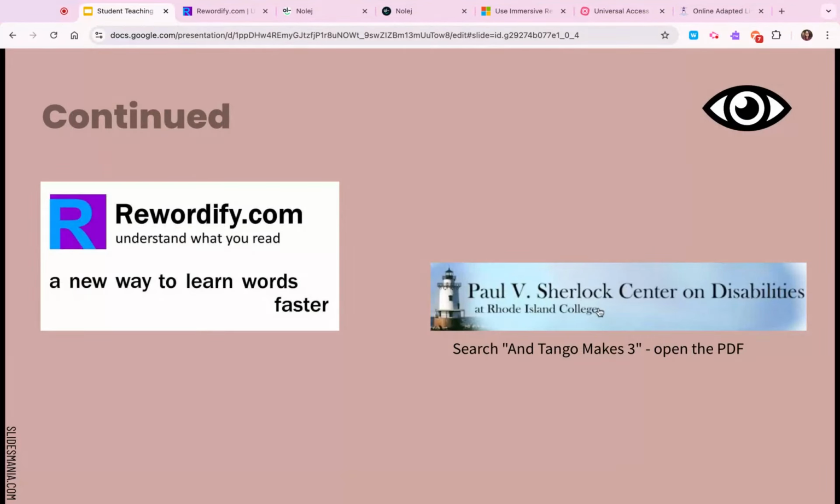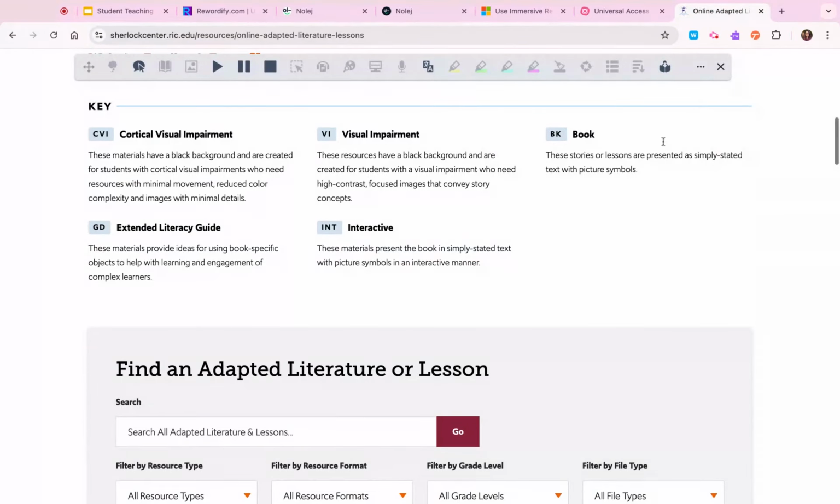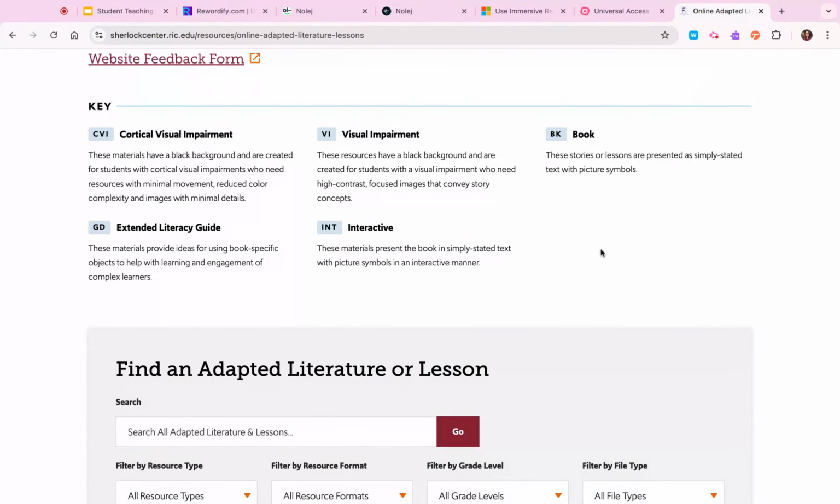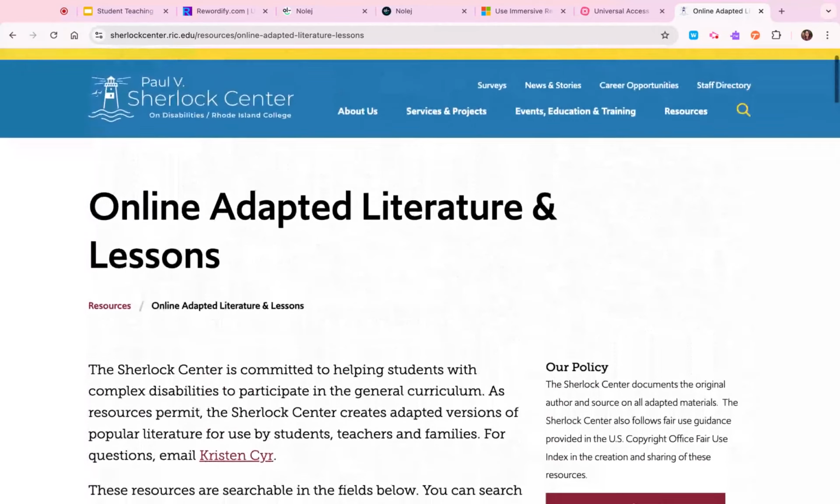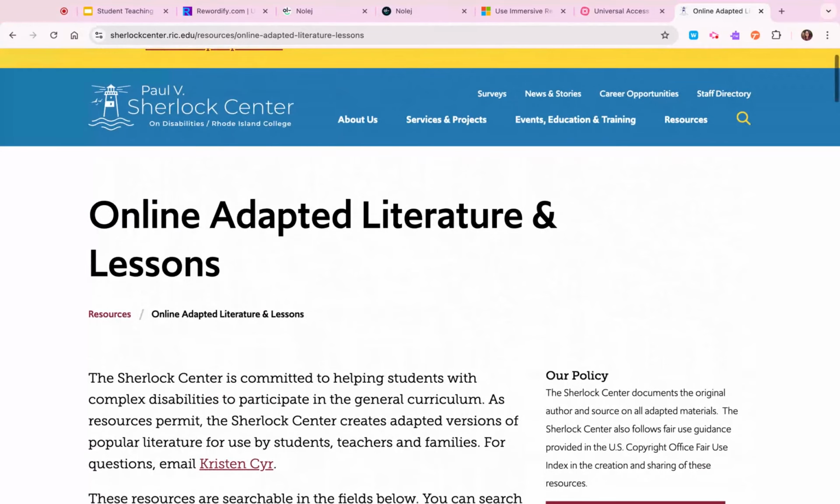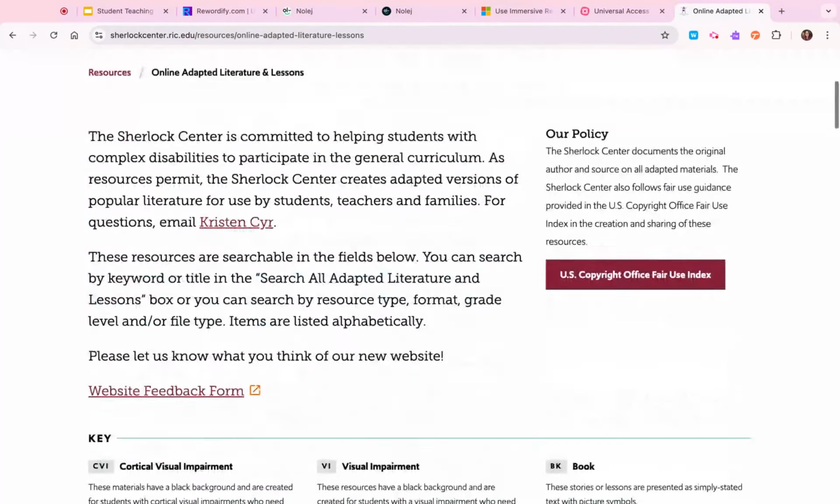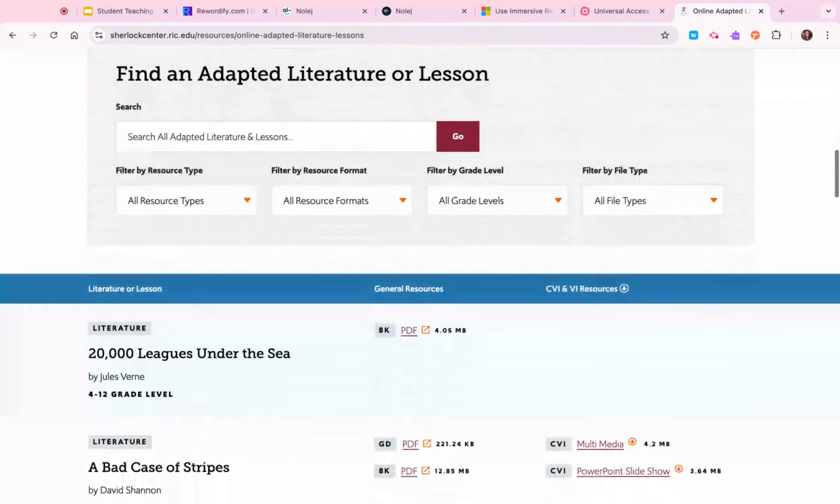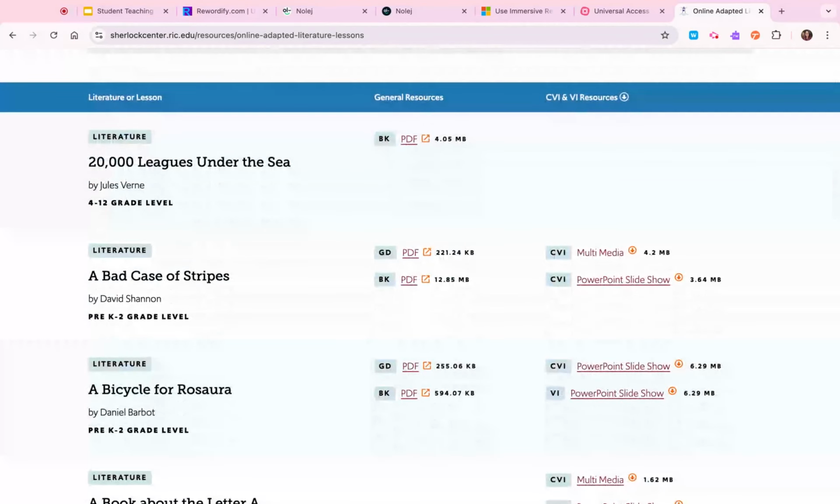And this other one that I love, so now we're taking a turn to students with more significant needs. If you do have students who need, again, more significant support, this is one of my favorite resources. It's the online adapted literature and lessons, the Paul V. Sherlock Center. So what this does is they have a wide variety of classic literature, current literature that they